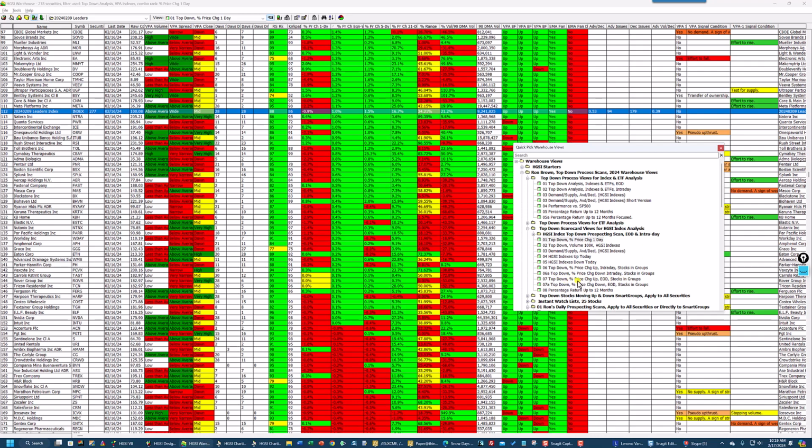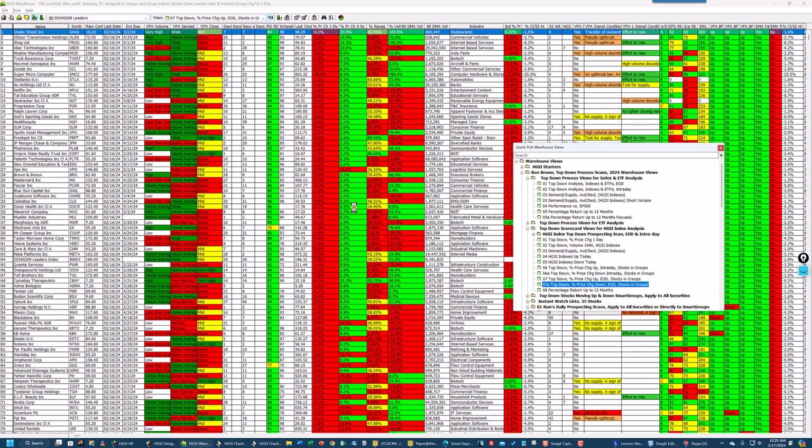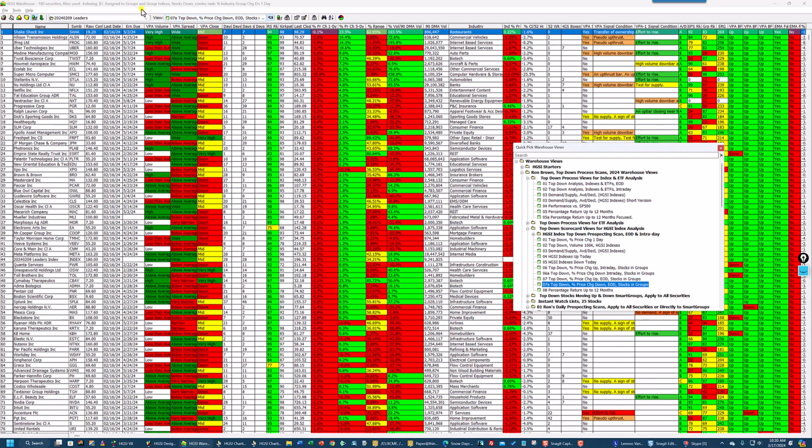I can immediately look at the index and see out of those 278 securities that yesterday 95 were up and 180 were down. So we saw some deterioration in the leaders group. Let's go to the upside